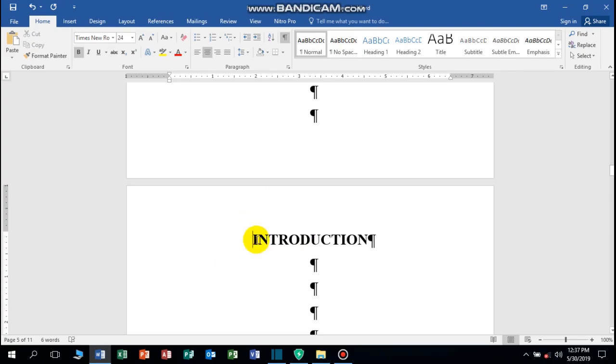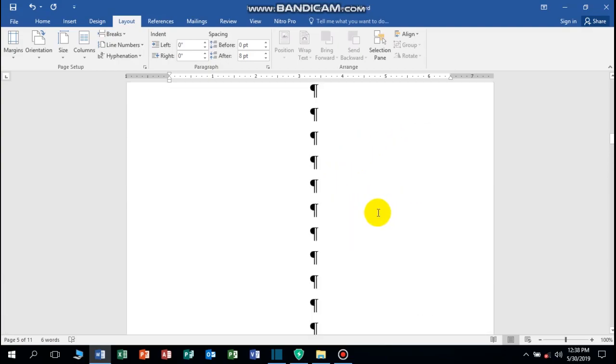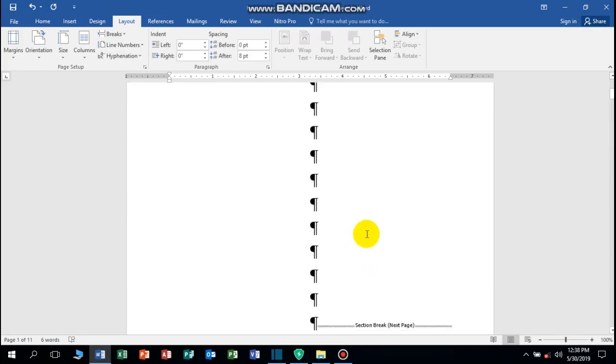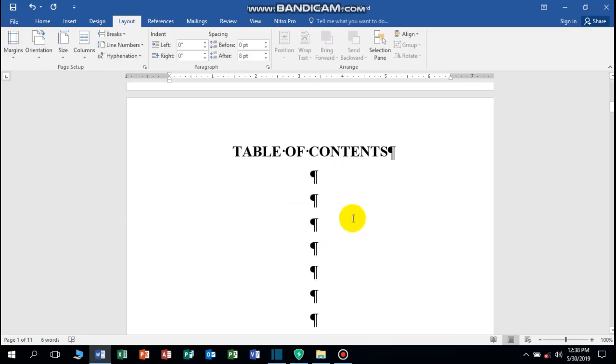Click in front of your title here and go to layout, breaks, next page. Here there is a section break, next page. So we have 2 page breaks. Now you can see how we can give page numbers, but we will see it in another